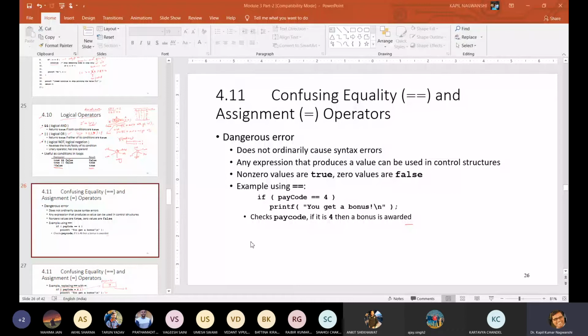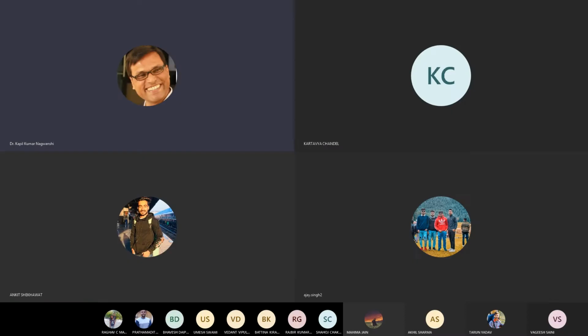So this is a simple program which calculates roots of any quadratic equation.